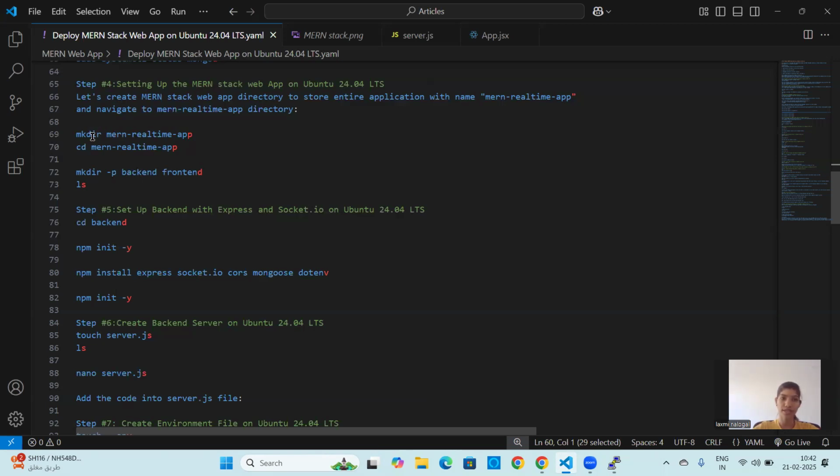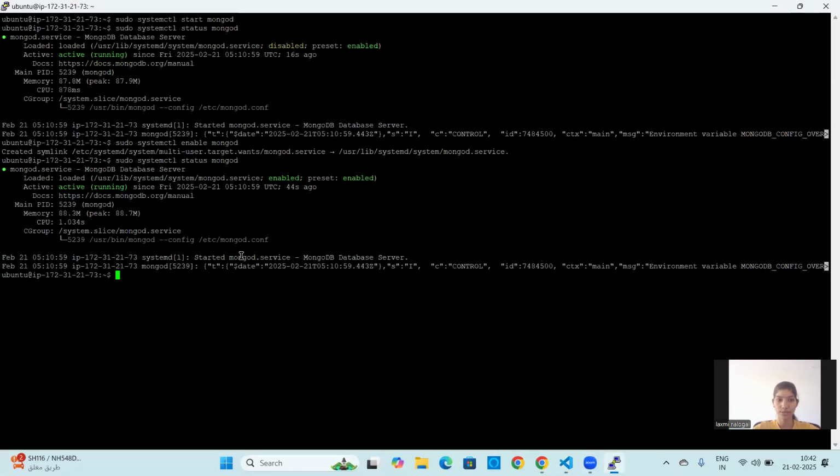Now I use the mkdir command to create the directory. I copy this and paste it into the terminal. Now we have to navigate to our MERN real-time app. I will type here. Now enter into the MERN real-time app. Now our next step is,